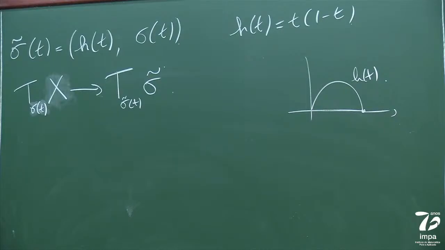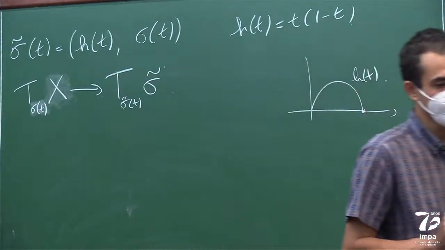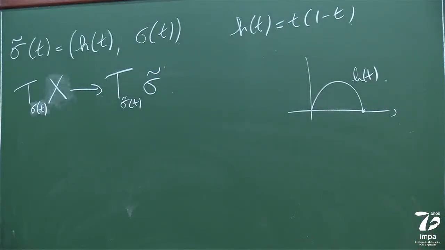OK? And then here, clearly, along this path, you can just take any basis and there's an obvious way to move it around. For example, there's this trivialization that's given by the path. So all I have to do really is construct a canonical isomorphism of this form. OK? So how do we do that?